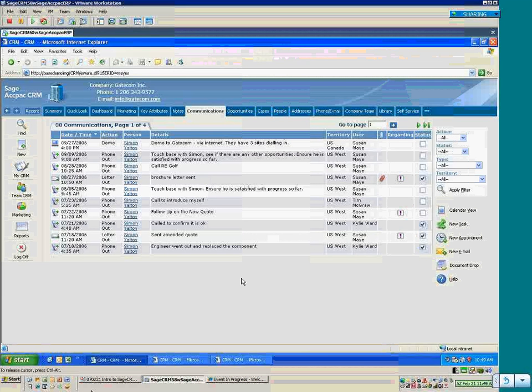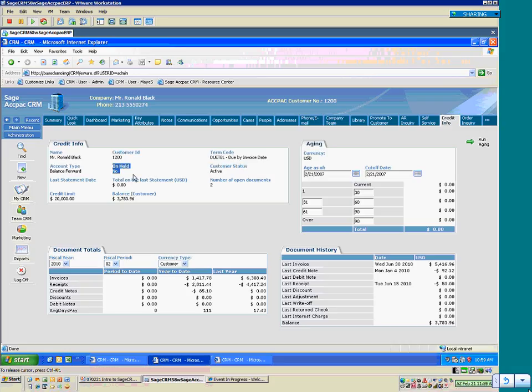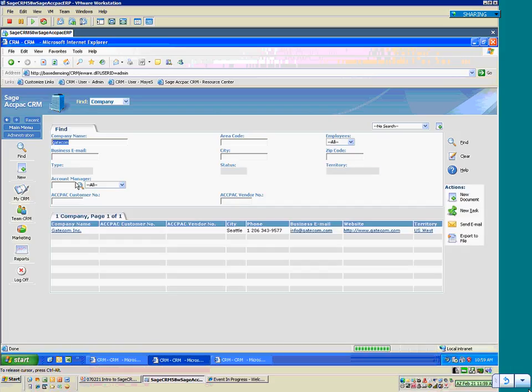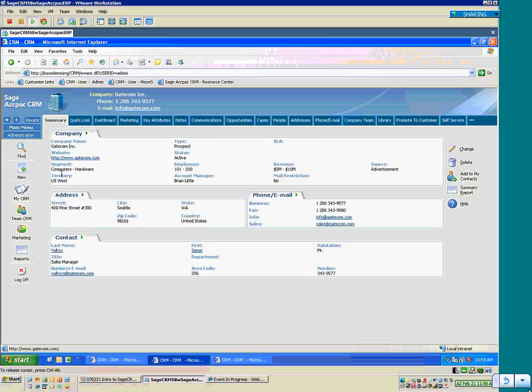Let's look at a different scenario. How does it help the financial people? Here's how. I'm going to go find a company called GateCom. GateCom Inc. is not in my ACPAC ERP solution. Maybe they're a company I came across because I've got a personal friend working there. They visited our booth at this local trade show. They saw an advertisement or what have you, and so I've started to work with them as a salesperson. But now they're going to buy, and I need to get that information. Well, I can write all that down and hand it to the accounting people. I don't want to do that,